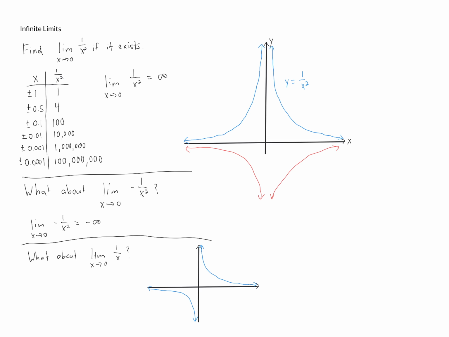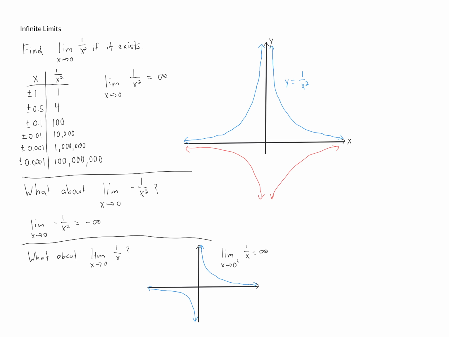Right? Here we go. And so if we're looking at what's happening as x approaches 0, we actually have different things on the left side and the right-hand side. On the right-hand side, if we wanted to look at the right-handed limit, it does look like that limit is equal to infinity. We could say the limit as x approaches 0 from the right of 1 over x is